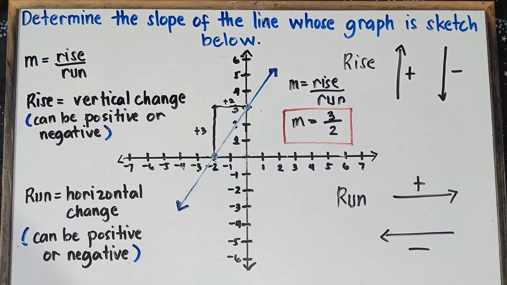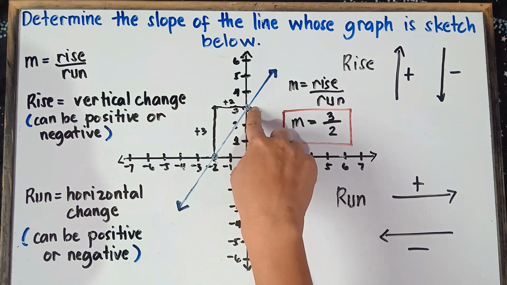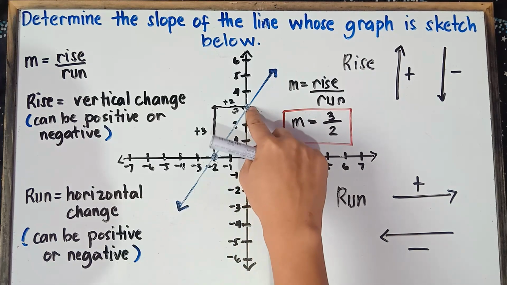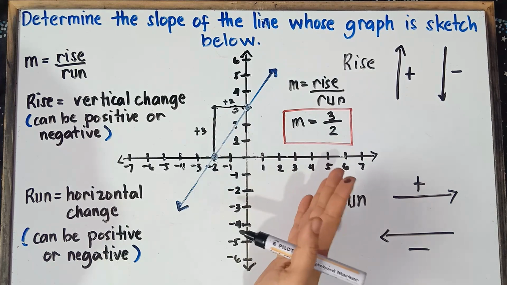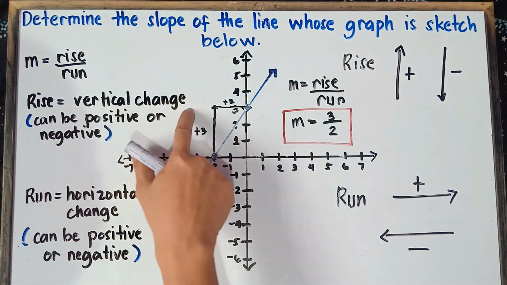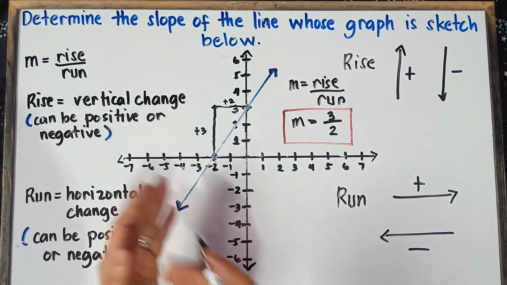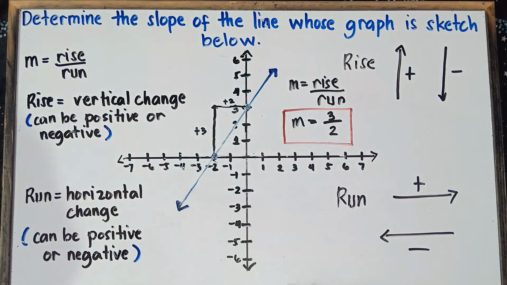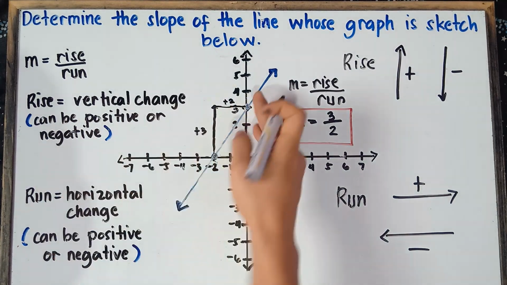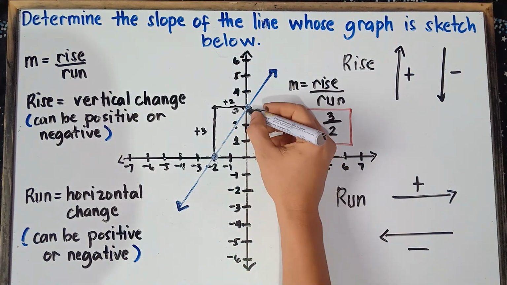Now, you'll be asking questions: sir, what if I start at this point? Alright, let's do that. What if you start at this point and then go to this point? So let's check. How many times will we rise? Going downwards. Once again, do not be confused. Sir, it says rise, why is it going downward? For rise, class, vertical change, it could be positive or negative. So you can fall this time. Going downwards, that would be negative for rise.